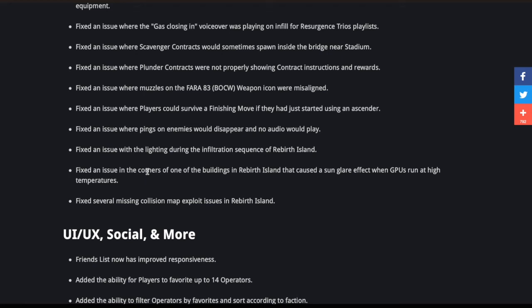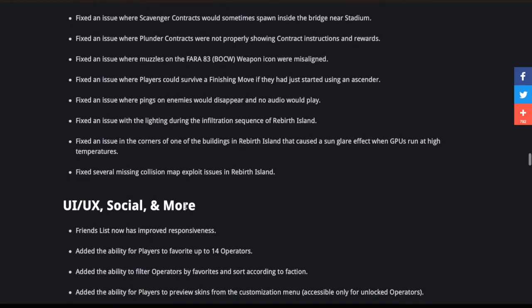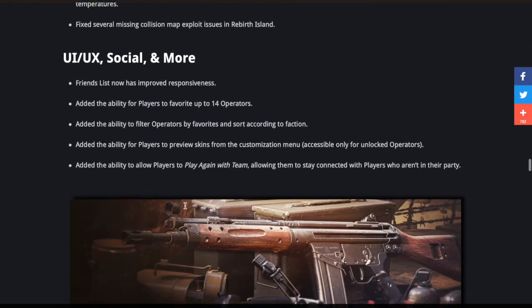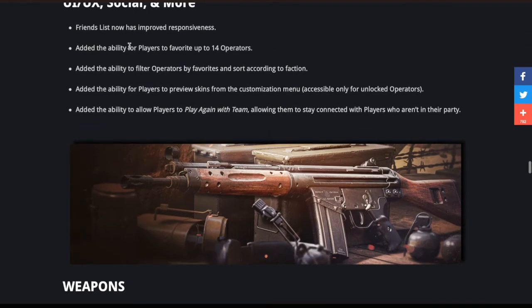I believe, yeah, a corner in Rebirth they call Sunflare. And GPUs, when GPUs would run at high temps. And finally, they'd fix several missing collision map exploit issues in Rebirth Island. Alright, so for the UI and stuff, they added stability for up to 14